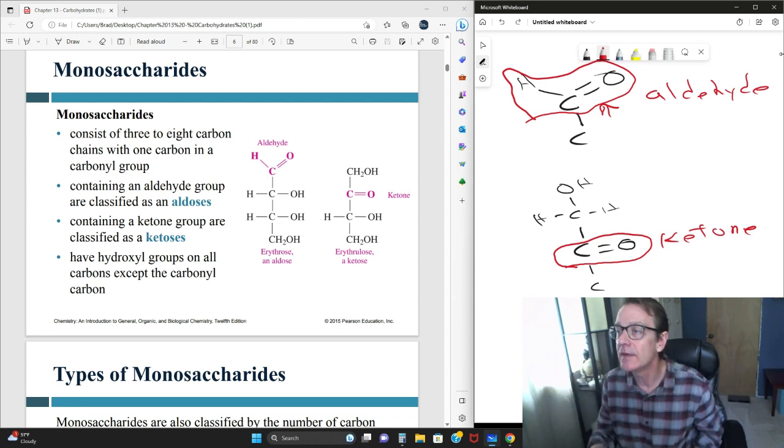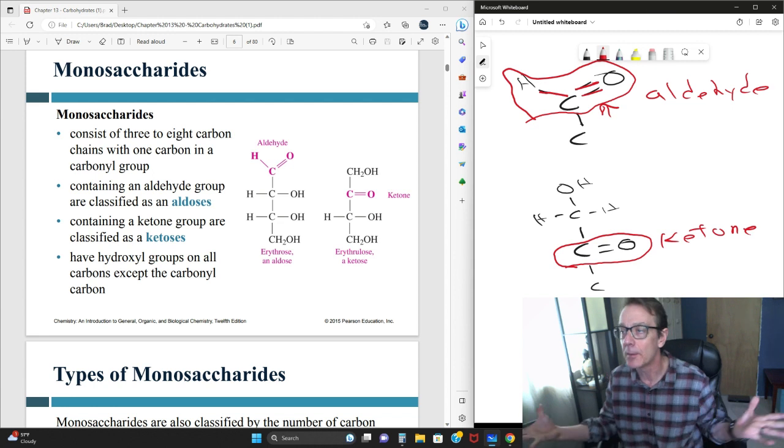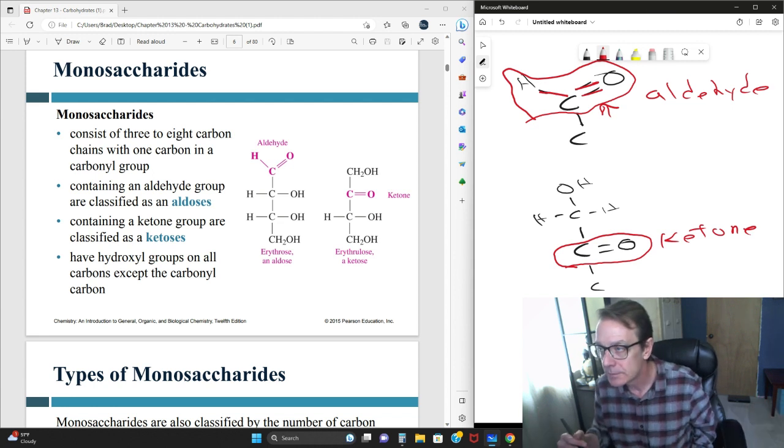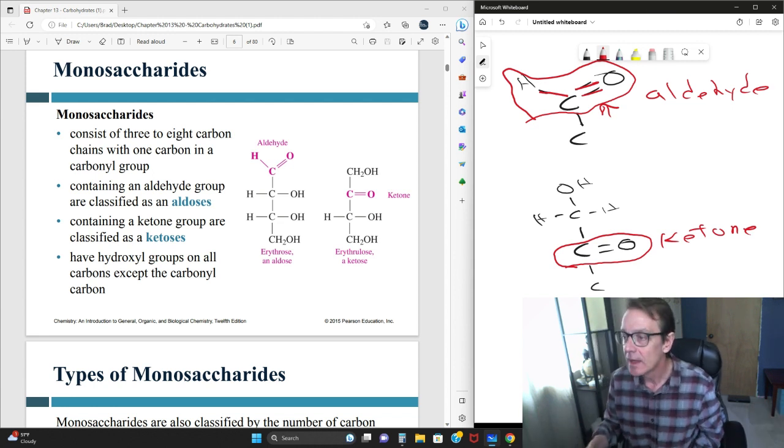Nope. By definition, yes, you have a double bond to oxygen and a single bond to hydrogen at the terminal end of a carbohydrate. Yep. And then a ketone, that carbon double bonded to oxygen can be anywhere. I mean,